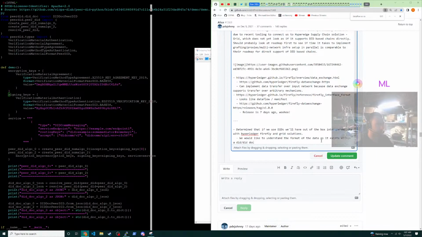We would like to understand the format of the data as it exists in a DID doc on one of those chains. We want to do this because